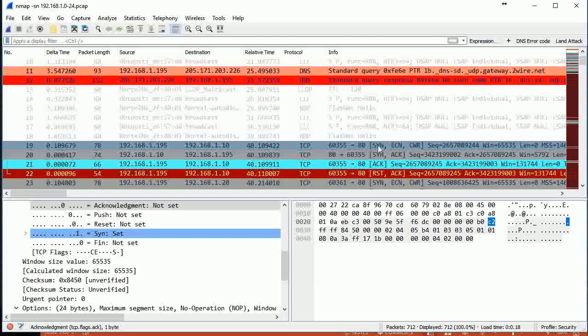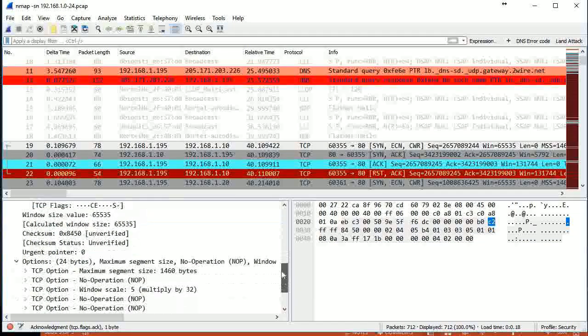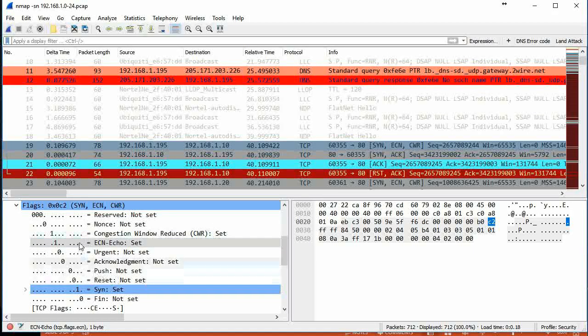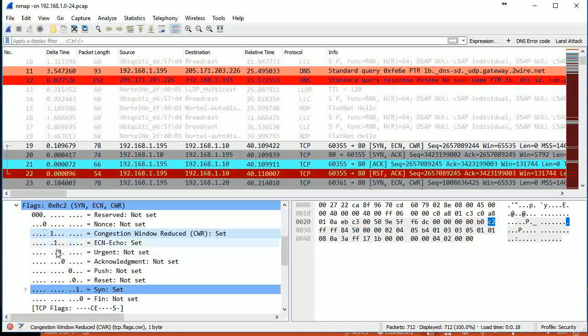In this case, you notice it sends a SYN request to port 80 with the ECN bit, which is ECN-Capable Transport, or ECN echo, bit set, and also the congestion window reduced bit set. So those are SYN, ECN, and CWR. That's kind of an odd set of bits to be set in the SYN request, but we see the